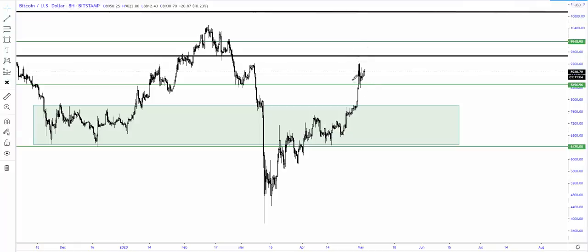Say okay, that's fine. If it breaks this level, well, where's the next objective for price? Towards here, isn't there? And then I'll see what it does here. But that's a trade opportunity on its own. And then if it breaks back below, so this is the consolidation pushed up, and that gets me back into my day trade zone, so I can day trade it. If it breaks down within this area, and if it breaks that, then I know towards here and then there.